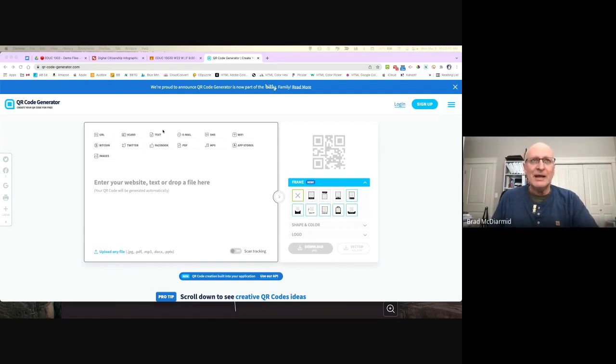Okay. Text is actually the one we're going to use. Easy peasy. And then you can see all the rest of the ones you can use here. So let's click on text. When you click on this one, it'll just say enter your text down below here. And then as we enter our text into this box, I want you to notice over here how